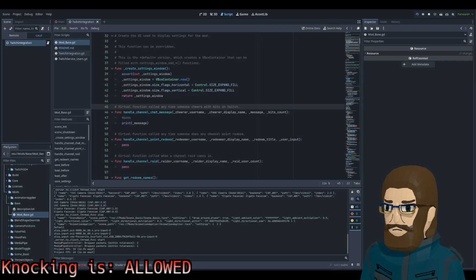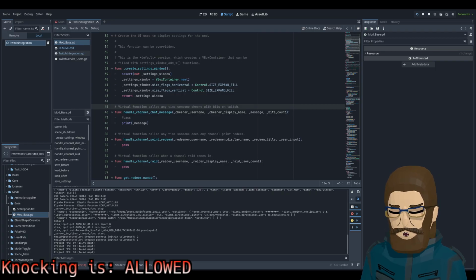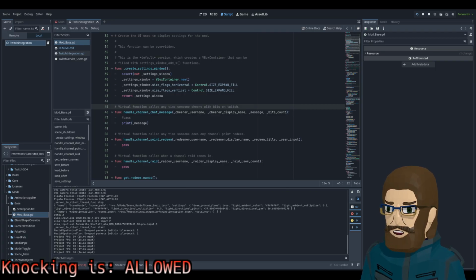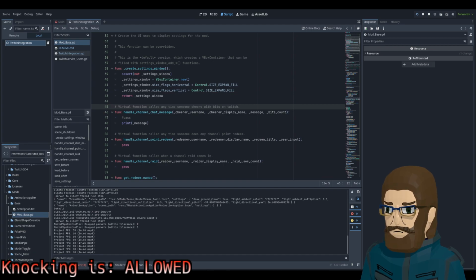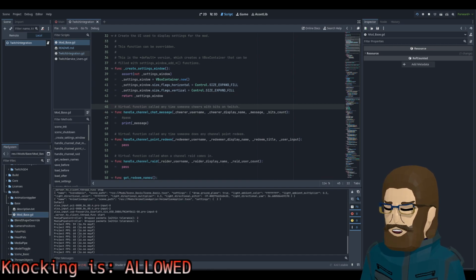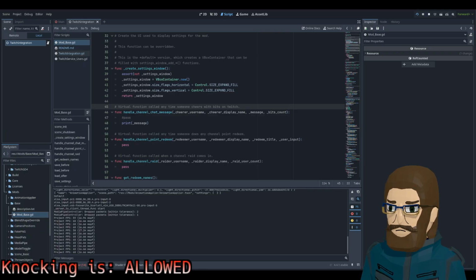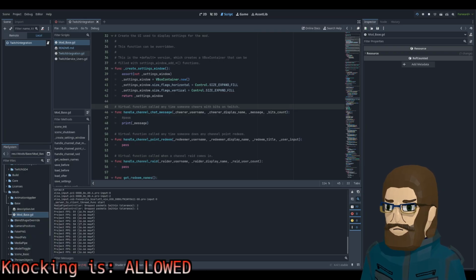Modules, mod list, add this back. There's got to be a way to bind the settings, I think. Because when you run the project normally, not through debug, it does link back to the settings you applied. So Twitch integration add.